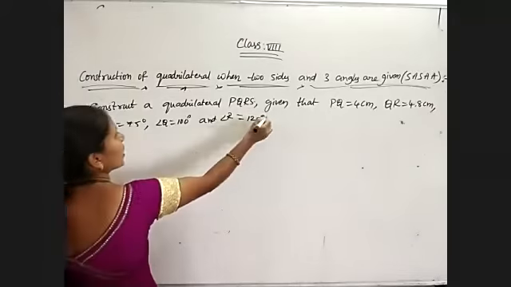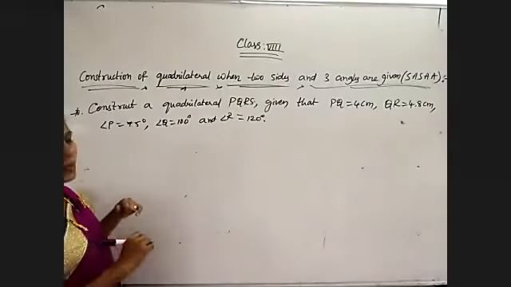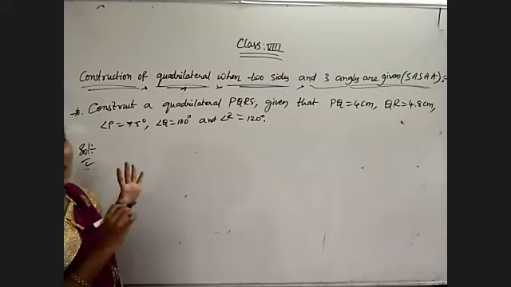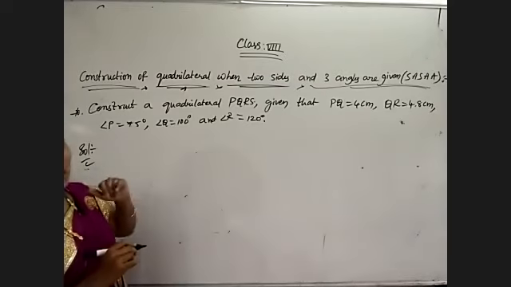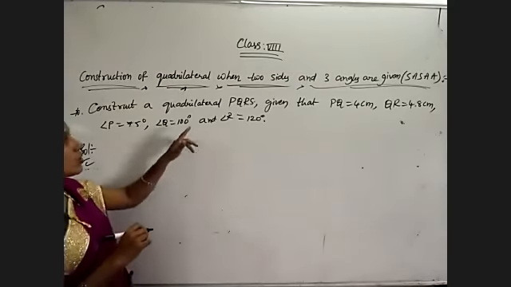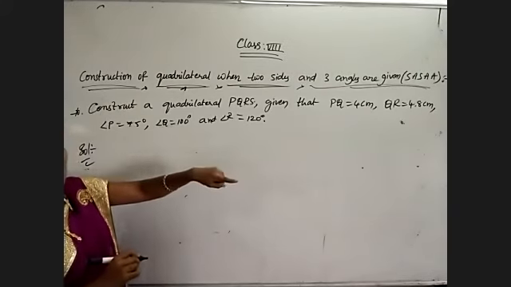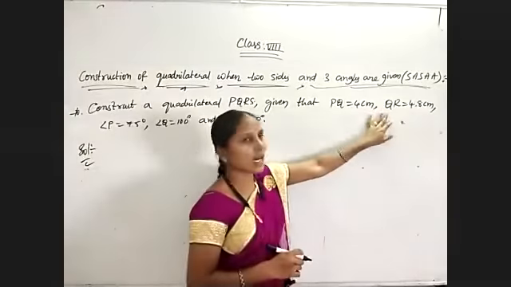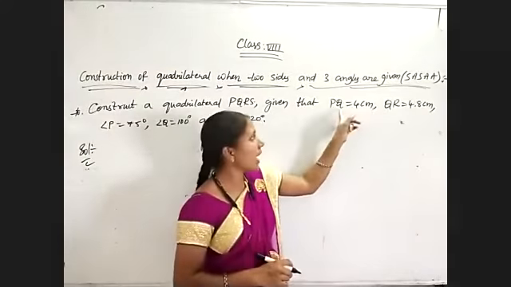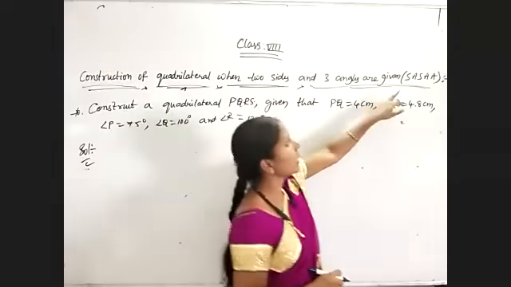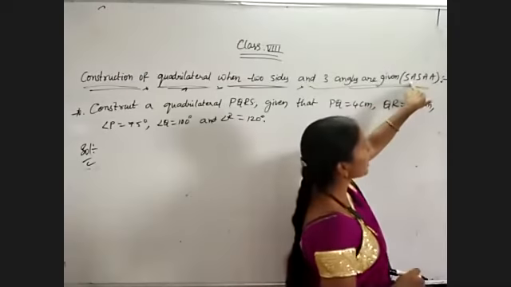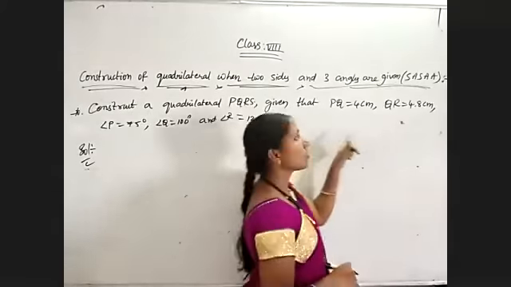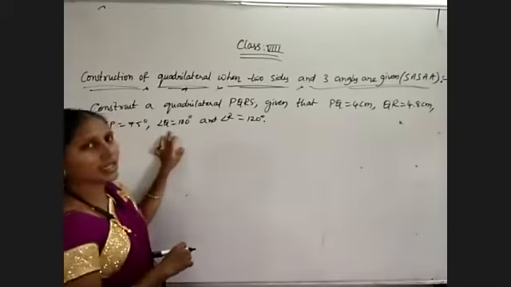Observe now. If you understand this, I'll explain parallelogram again. So now observe this question. First, what do we have to do? We need to draw the rough figure with the given measurements. PQ and QR are the two sides. In this PQ and QR, which angle is included? Angle Q. Side, angle, side. Take the included angle first. Which one is it? Q only. So angle Q is 100 degrees.